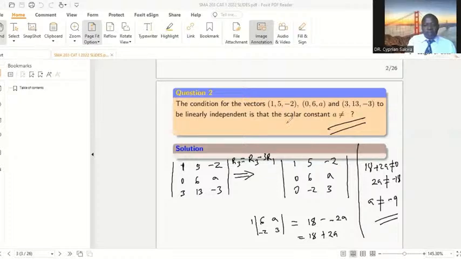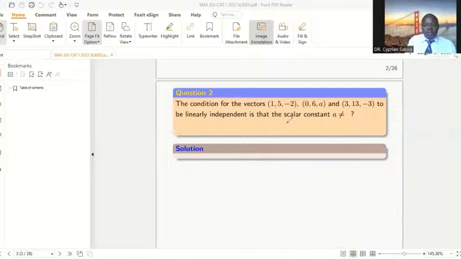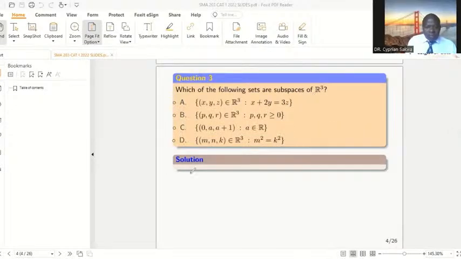Now let's look at the other question. In our earlier video, we also showed how to tell if sets are subspaces and how to tell if sets are vector spaces. But the question is about subspaces, and we say that a set